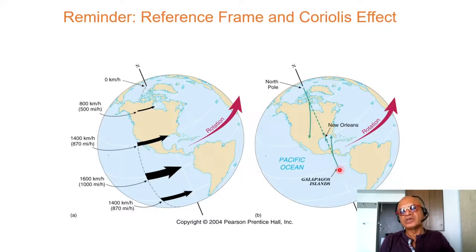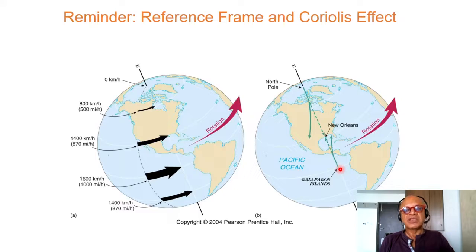Let's say we are launching something from Galapagos towards New Orleans. Let's say it's a rocket full of chocolates for good intention to help people of New Orleans. So the rocket is moving northward because you've given it energy boosters, rocket engines to take it north, but it has also acquired the eastward 1600 kilometers per hour speed because it's being launched from the equator. And let's say there's no friction and it's going to be able to keep this eastward velocity it acquired